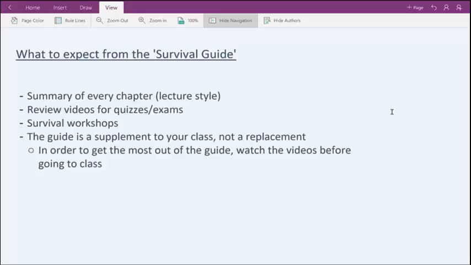I'm also going to be doing what are called survival workshops. In the past, MISSO has conducted workshops for every quiz and every exam, just review workshops, right before the quiz and right before the exam in order to prepare you guys for them. But one thing I'm changing is that I want to include even more workshops in addition to the review workshops.